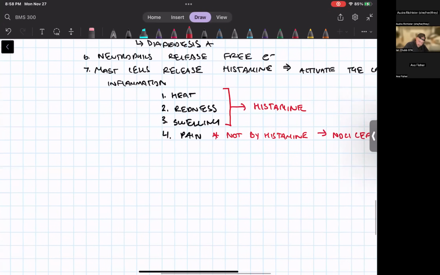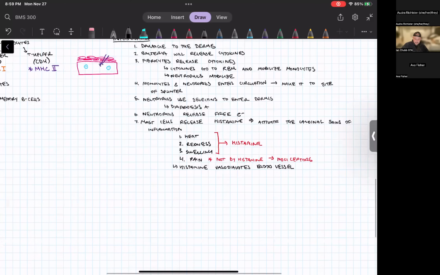Because histamine will vasodilate blood vessels. Vasodilating means we're opening up more of the blood vessel to get more blood to the area. That increases the heat. That makes it swell. That's going to also increase the redness there because we're putting more blood there. This also helps us get these cells that we need there, right? No, this all kind of happens at once. I know my numbers are kind of off, but